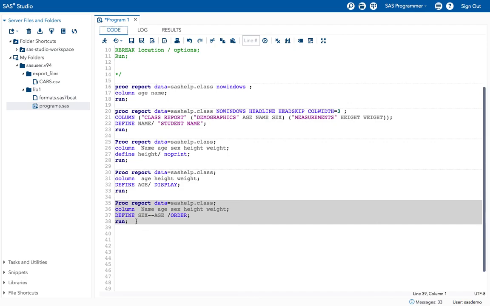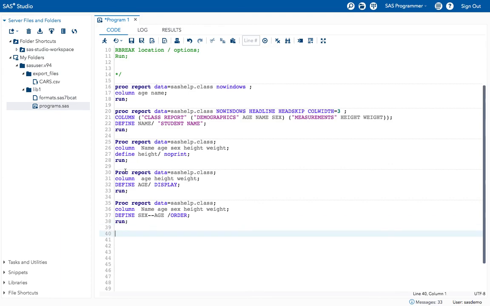Then the next one is adding the statistics. For example, now I want to get the mean and n values, or the mean and the standard deviation, for a specific variable. How can I get that? Let me take the same example.